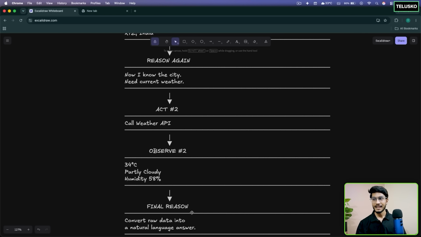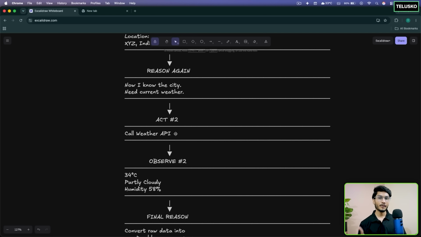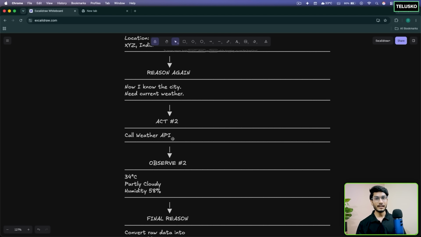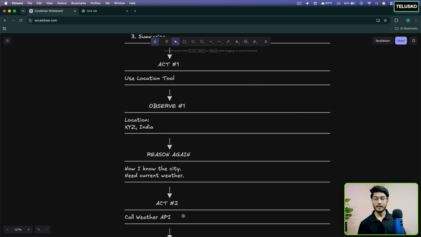But in case anything fails in between, let's say when it is doing the action of calling the weather API, and the weather API fails due to some catastrophic event, let's say a network issue or some HTTPS error code, whatever the reason, if it fails, then what will happen? It will run the loop again. It will again do the planning, just like it does here. Same, if any error occurs in between, it will do the same thing again,